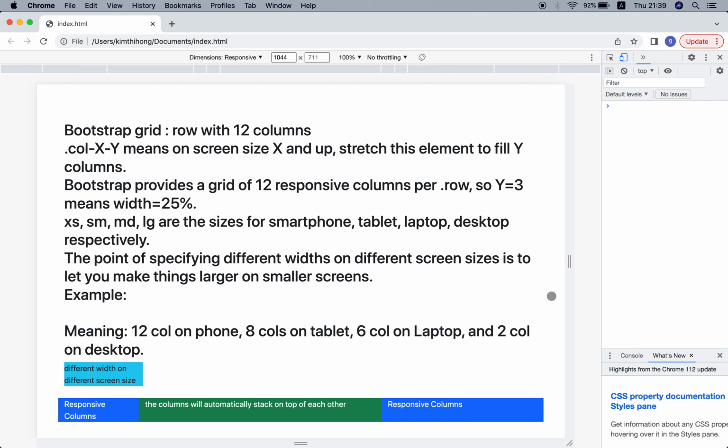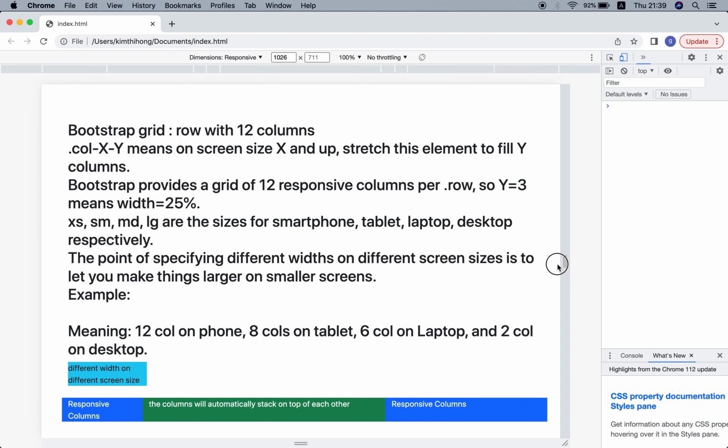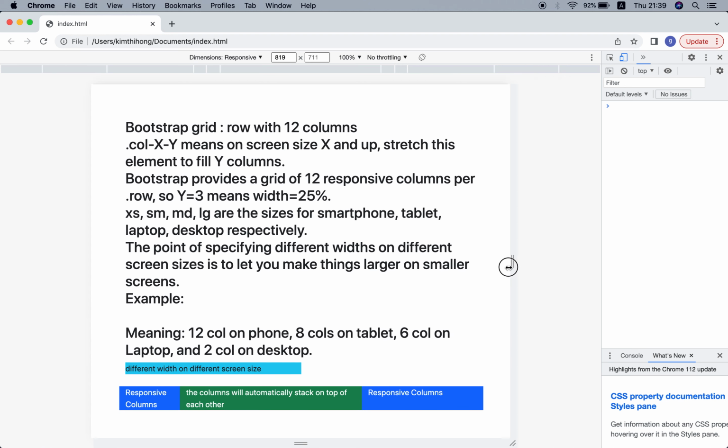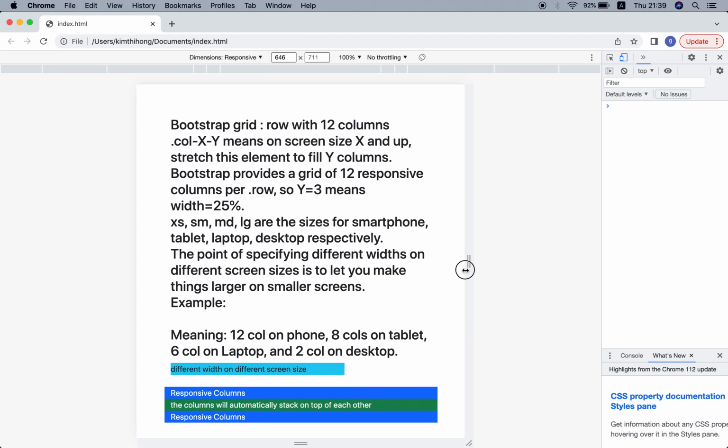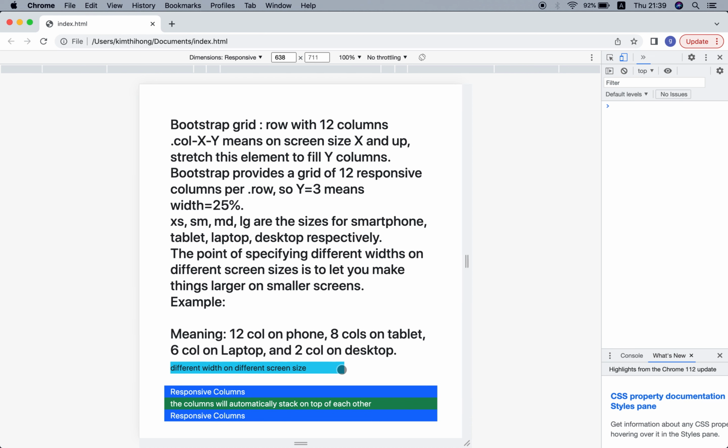You see, when we adjust the screen size with this responsive tool, the width of this section varies with the screen size.